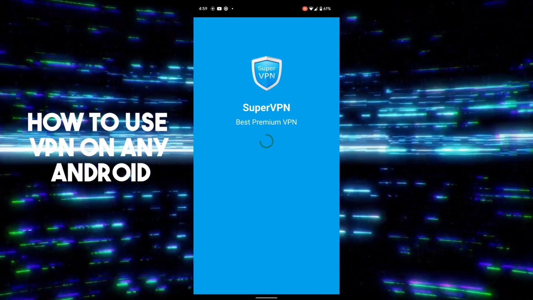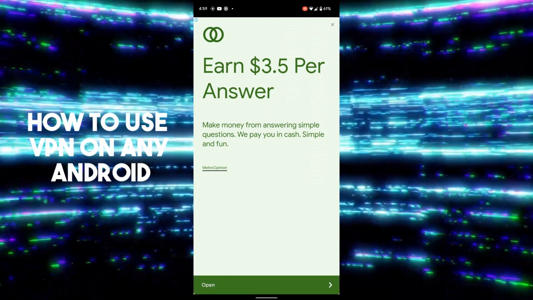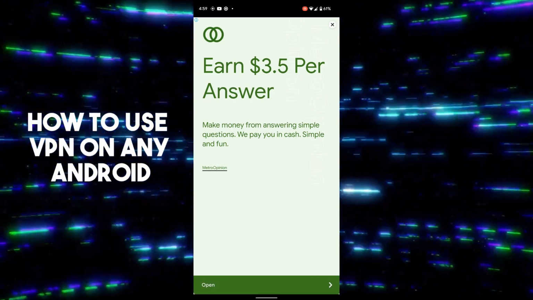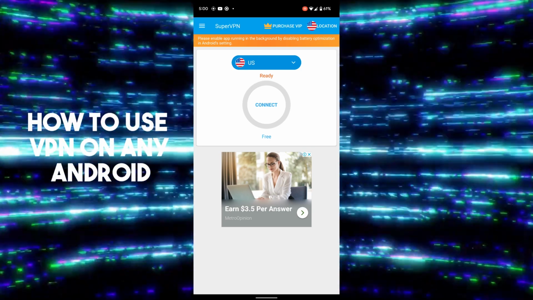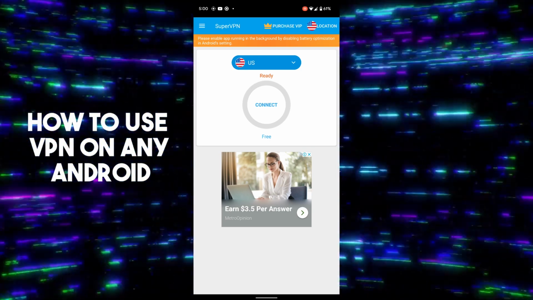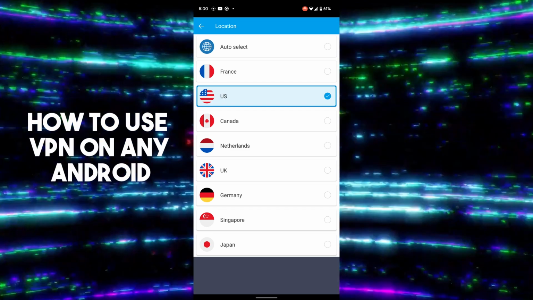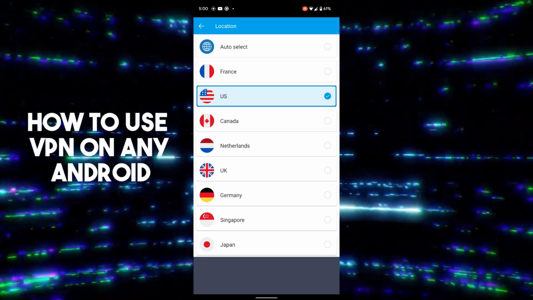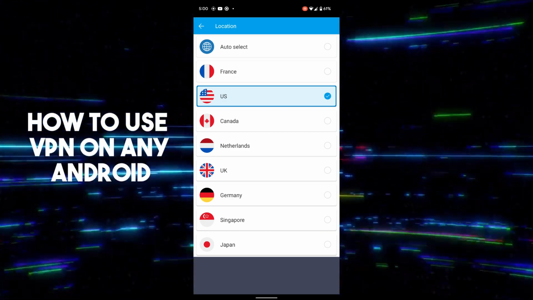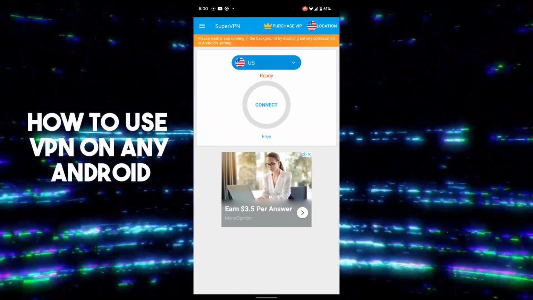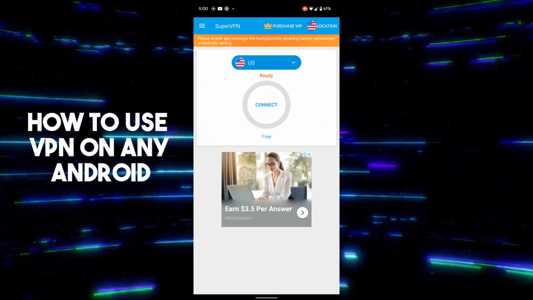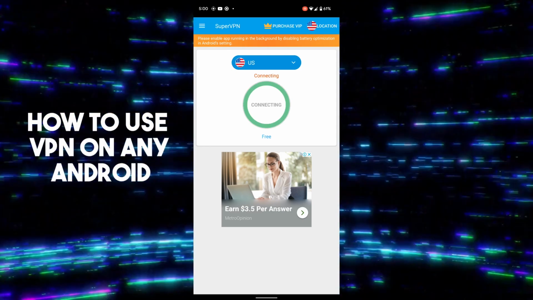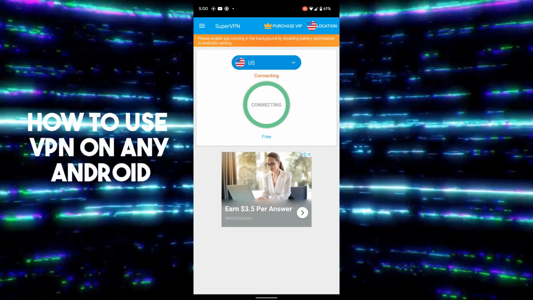After opening up, it will take some time. Here you have to tap on the cross button. Now you have some pretty options, and you have to just tap on here, and here you can change the VPN location. And let's suppose I'm selecting US, and after selecting the location, you have to tap on connect. After tapping on connect, it will take some time, and